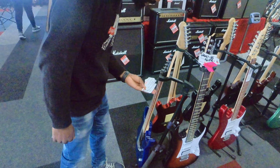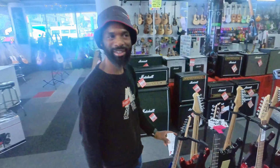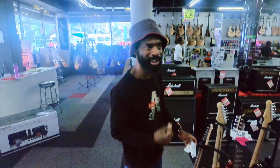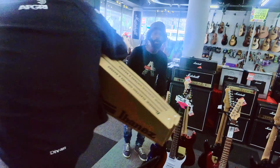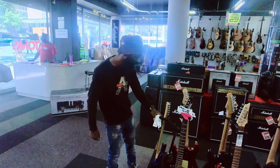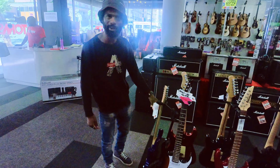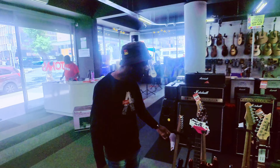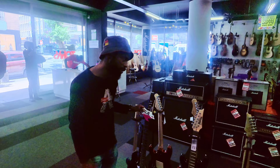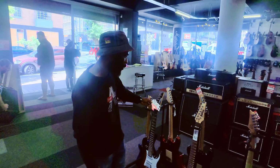Amazing guitars, ranging from 5,000. I don't know how much that is in US dollars at the moment. Since they're running a special today, it's actually going for like 3.9 instead of 5,000. So 3.9, that's like $120 if you're watching in the US. So if you need a fresh guitar for recording, live performance,